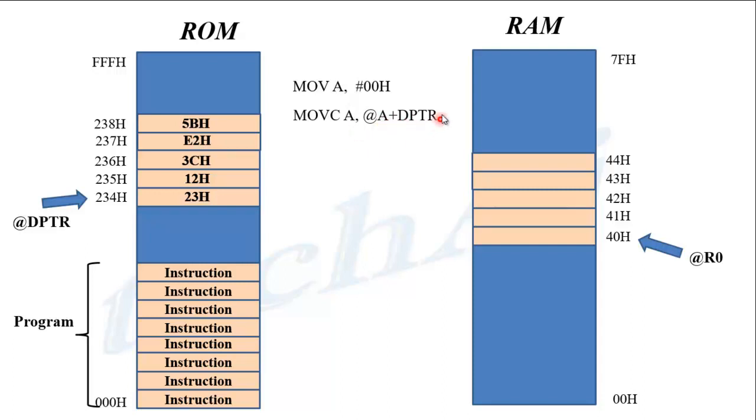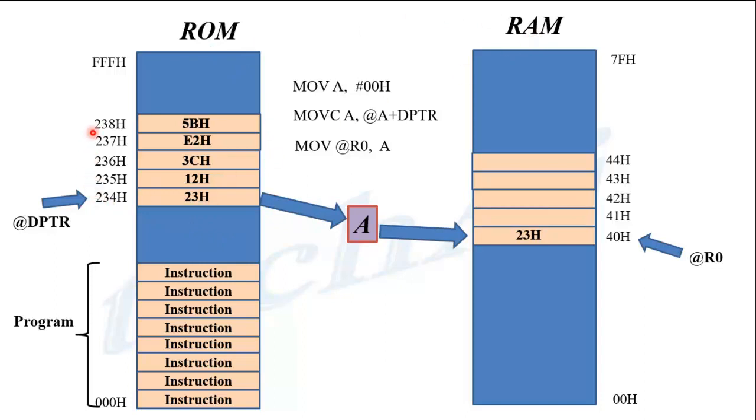Once this address has been formed, first of all, data is copied from this address into the accumulator. So data will come into the accumulator. Once data is in an accumulator, we can transfer it into the RAM memory location pointed by the address pointer @R0. For that purpose, we have to execute the instruction MOV @R0, A, so that data present in the accumulator will be copied into the address location pointed by @R0. In this way, first data byte will get transferred from ROM memory to the RAM memory.